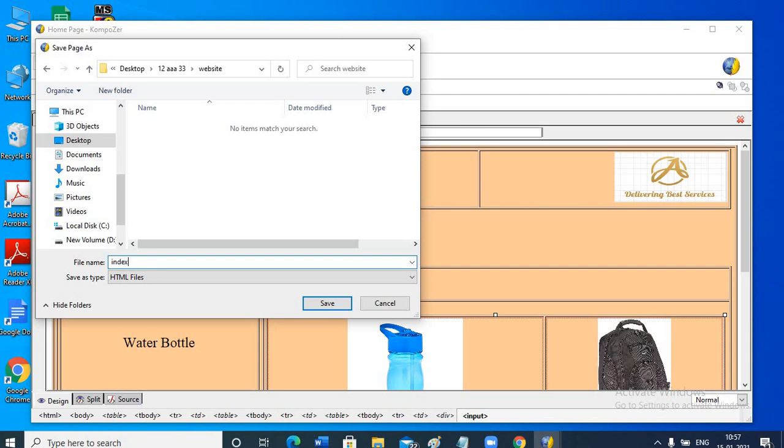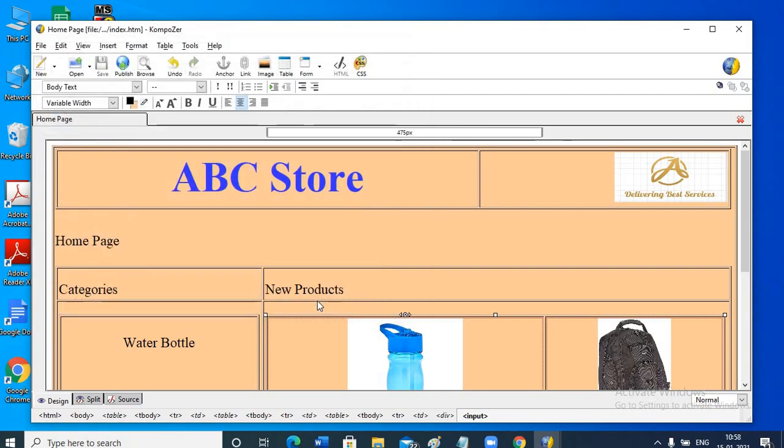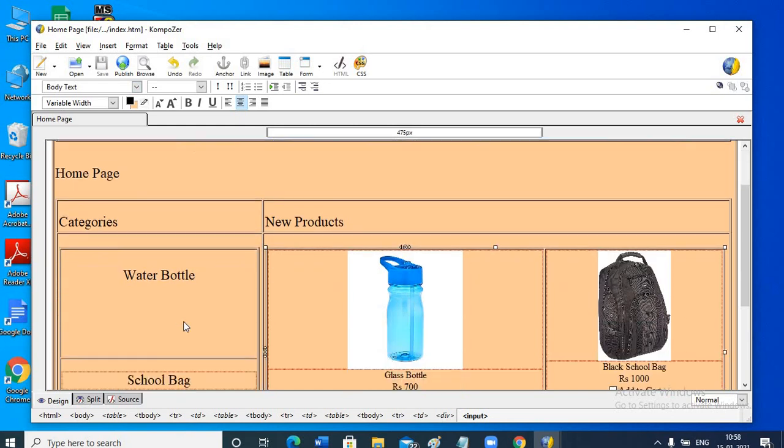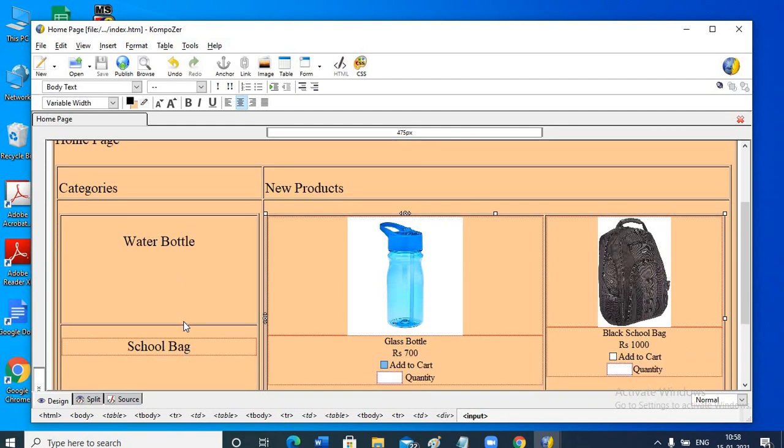So index.htm. Now in this website we'll have 3 web pages. One will be the home page, another will be waterbottle.htm, and third will be schoolbag.htm.